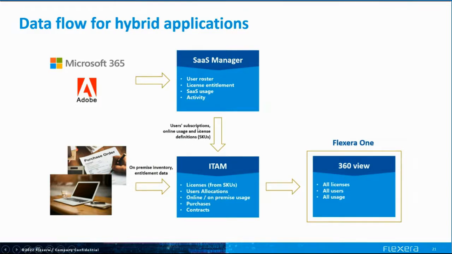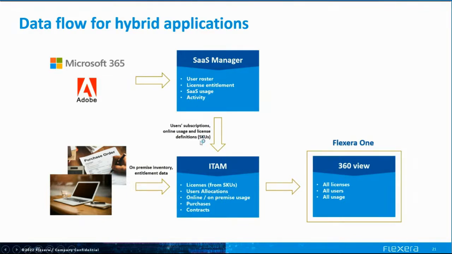And the user subscriptions are also propagated, this user roster. So each user will be allocated to a license if he has an active subscription. And in the end, these named user licenses will do the calculations, which are: this user has a right to use, let's say, Microsoft E5, which includes Office Online, which includes Office on-prem, which includes a number of applications, SharePoint, etc. And the license, which knows how to monitor what has been installed or used by the user